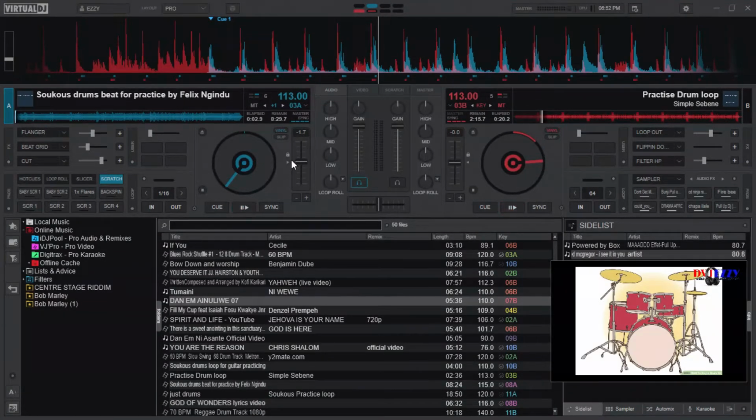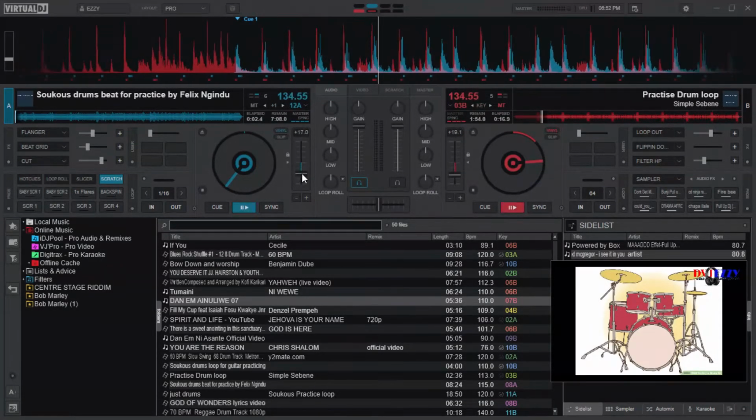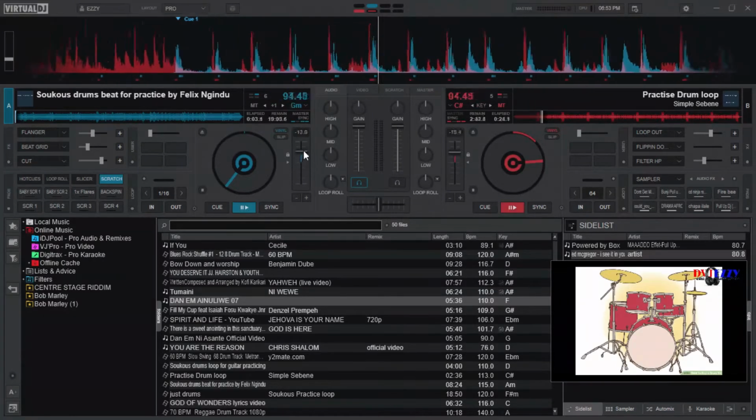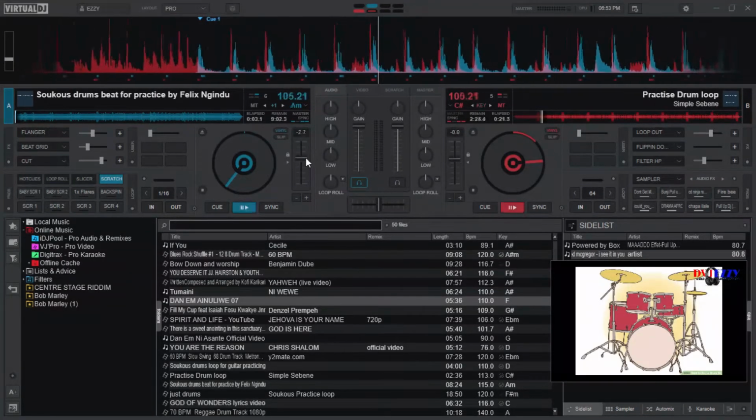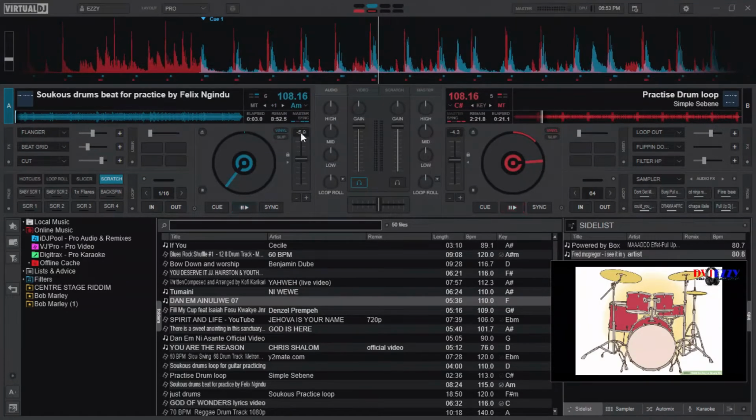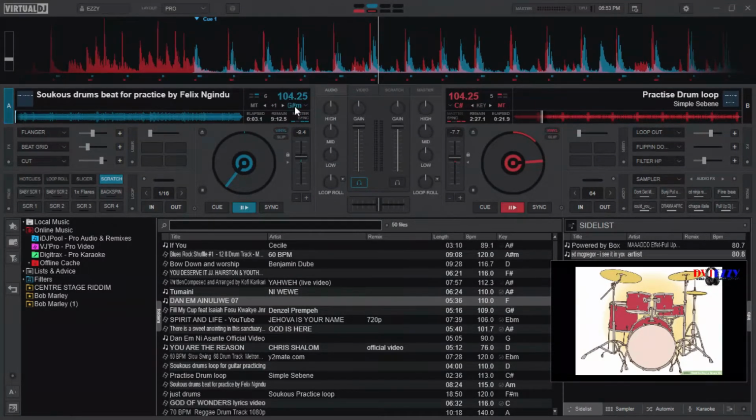We have the pitch or the speed. It will depend on your approach. The pitch, the speed, sometimes even the key, because if I increase the pitch, you can see that the key is changing. I don't want it to be like that. Yes, so look at it. Those of us who know music can see that this is A minor, this is G sharp minor.